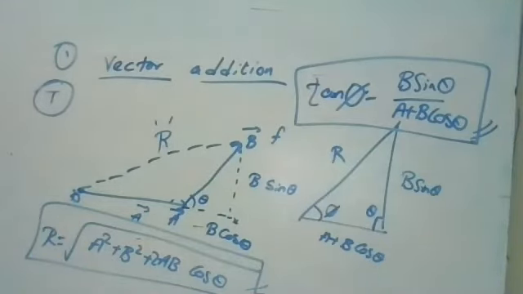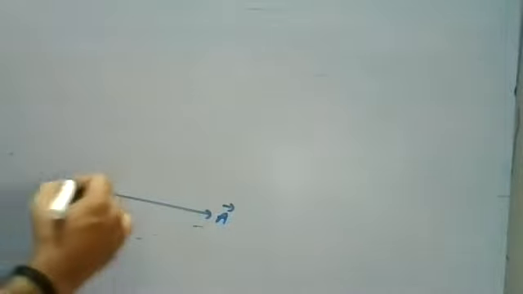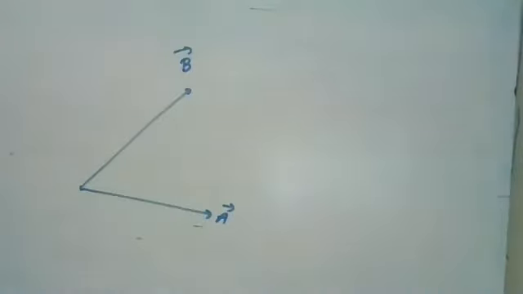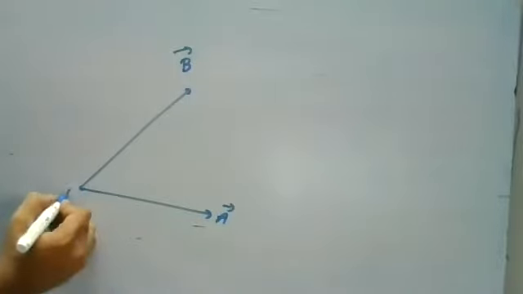So next one, parallelogram. In the triangle method, the two vectors start at different points. But when we discuss the parallelogram method, both vectors start from one initial point. Let us see the picture. So starting point, initial condition. Assume this is your A vector, and there is one more vector, the B vector. Both are traveling from the same initial point.